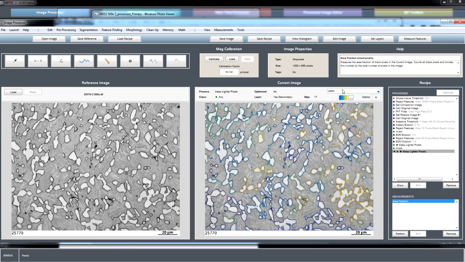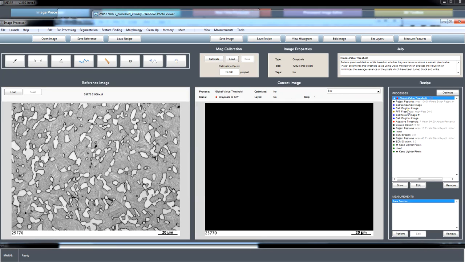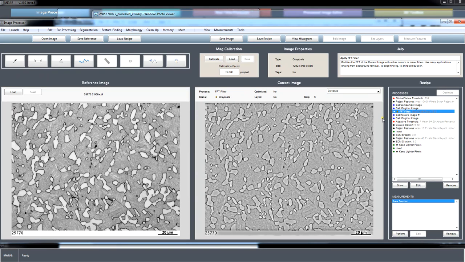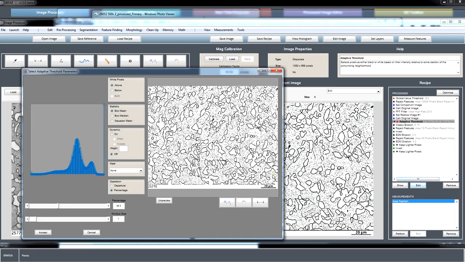So let's see where we went wrong. That's all fine. That's just setting up, that adaptive threshold is the problem. So what we'd like to have happen is for this to be